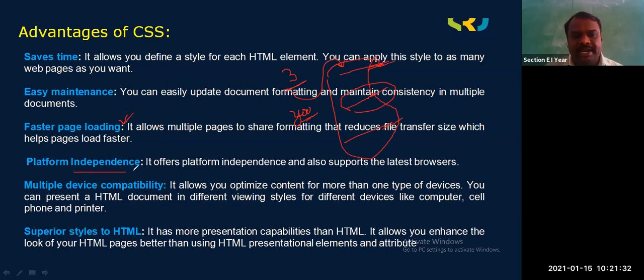And platform independent. Platform means different platforms can understand the CSS properties. Different platforms, for example: now you are using Windows. Some of your friends may use the Linux platform. Some others may use the Ubuntu operating system. These both belong to the Linux family only. So when you go for these three platforms, they can understand one common functionality, that is CSS.